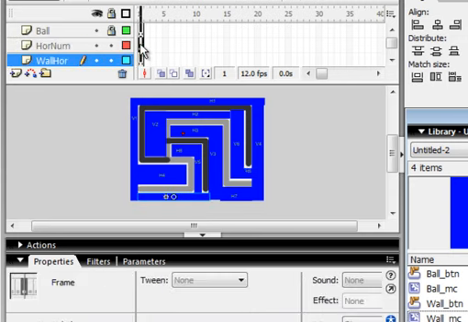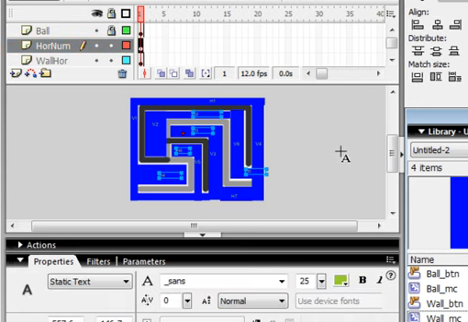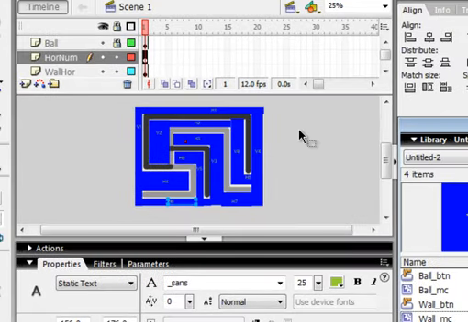Pick up my numbers layer, my text tool, H6, and drag that in. These won't be staying, and I now have my 8, 1, 2, 3, 4, 5, 6, 7, 8, okay, I now have my 8